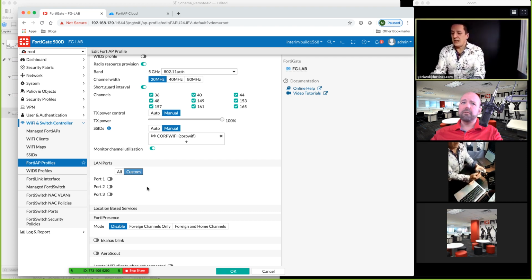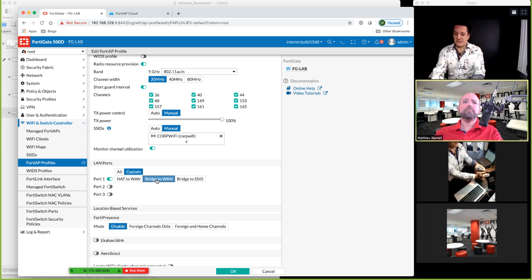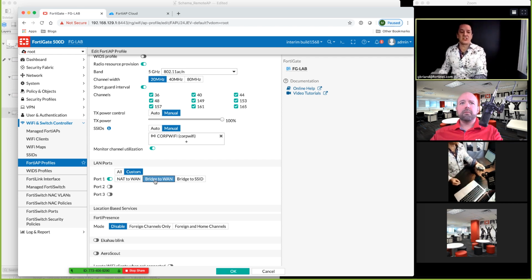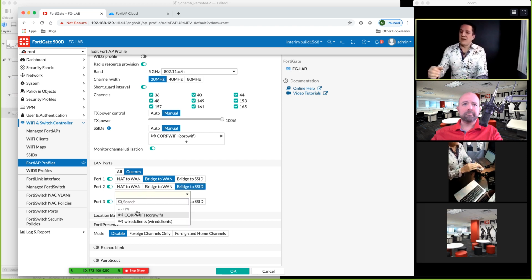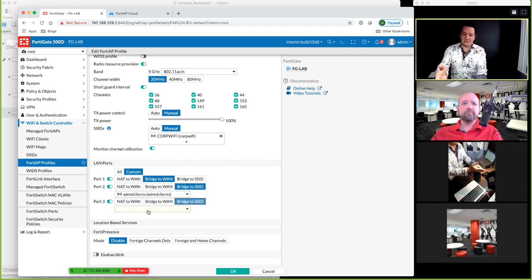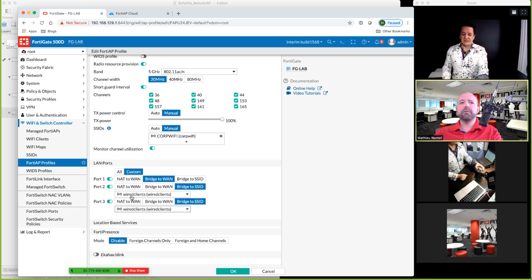So port 1, the label is on the port that is yellow, which is my PoE right out. This is my phone, Mathieu. So you're going to want to bridge that to my WAN. Mm-hmm. So that means that the phone will obtain an IP address from the AP itself. It's going to bridge that to the WAN and go out to the internet directly without going on your side. Okay, and I've already taken the liberty to configure the 2 other ports to be bridged to the wired client